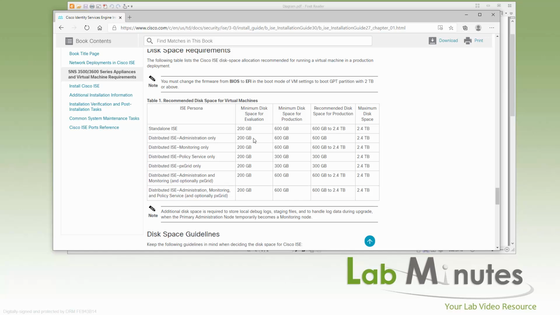You can see the minimum disk size is 200. For the eval, I guess 200 is okay. And then for the production, these are the minimum disks, which would have been dictated by the OVA. But if you deal with the monitoring node, then you might want to pay a little bit of attention as far as the additional disk space that you may need, and this will depend on the